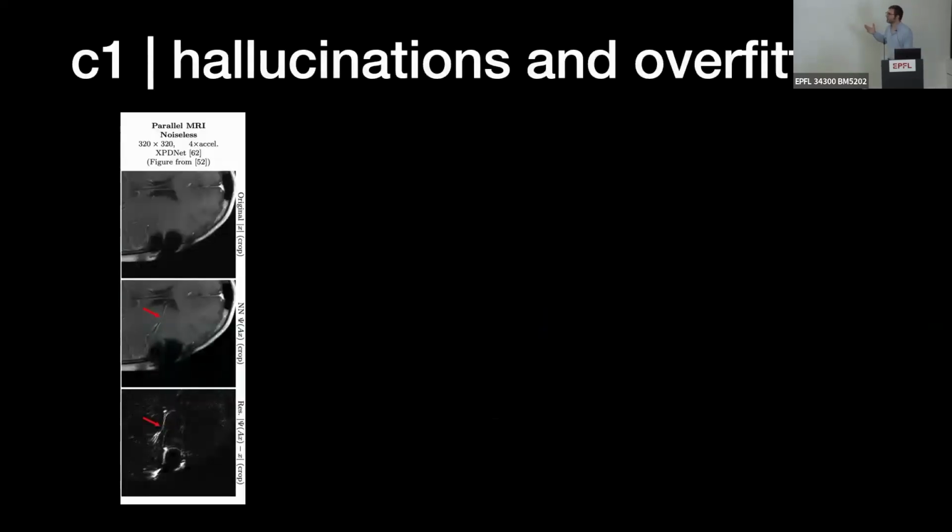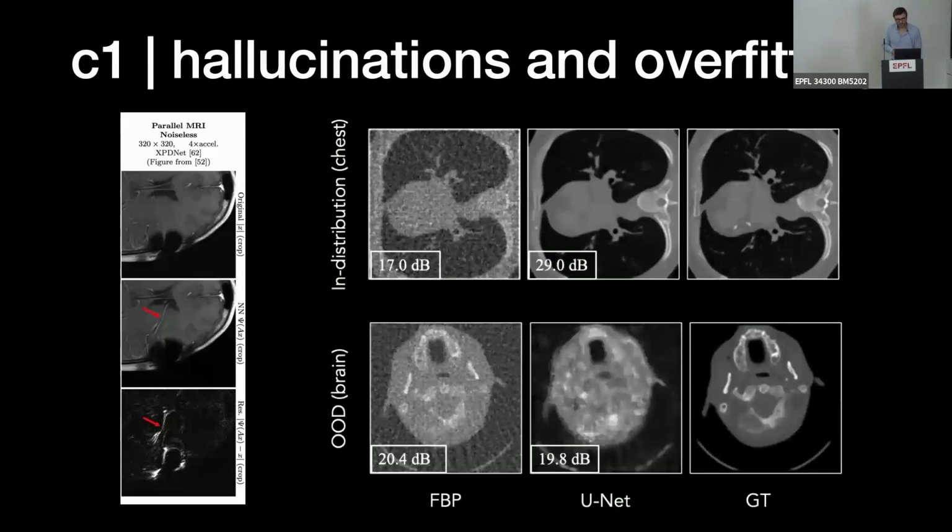So, stability. By now, I guess everyone has heard about it, but the point is that if you just train deep neural networks end-to-end to reconstruct images, for example, parallel MRI, this is relatively old by deep learning years now, but it's still an important example, sometimes these methods will reconstruct features that look anatomically plausible, biologically plausible, but they're not there. They're not true. And also they'll do the opposite. Another example, from some of our work, is that they tend to overfit some structures in the images, something that Anders Hansen would call a false structure.